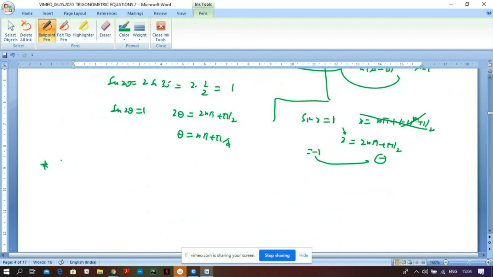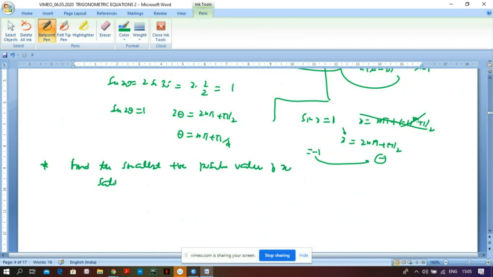Based on this, I will solve a big problem which was asked in JEE 93. It was one of the toughest problems. So you're asked to find the smallest positive value. Ask anyone who has solved this, it will always give you goosebumps. So find the smallest positive value of x,